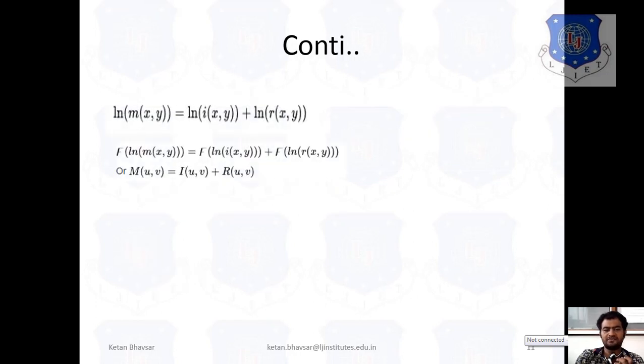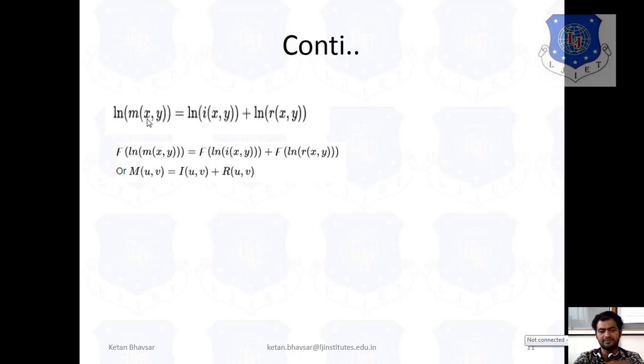We apply the logarithm format, and after that apply the Fourier transform on particular data, on the reflection of the content, the illumination factor, and the final outcome. As you can see, U and V represent the row and column. In the same way, X and Y also represent the real and imaginary part, or we can say that they represent your specific content in terms of